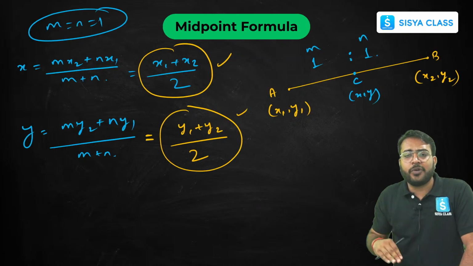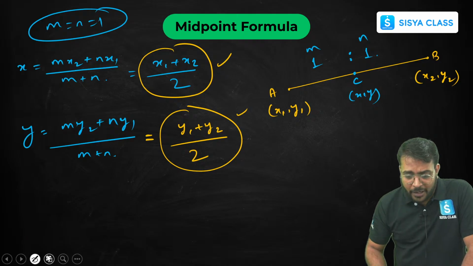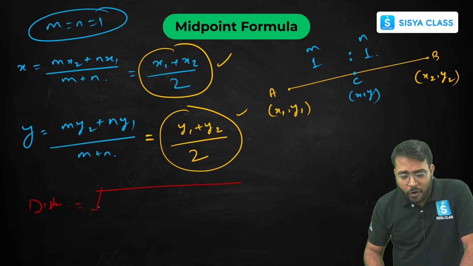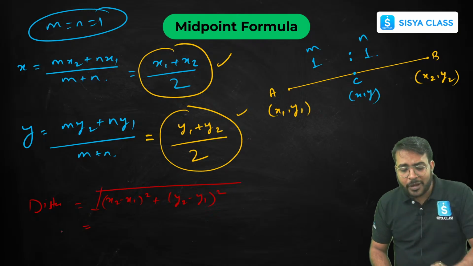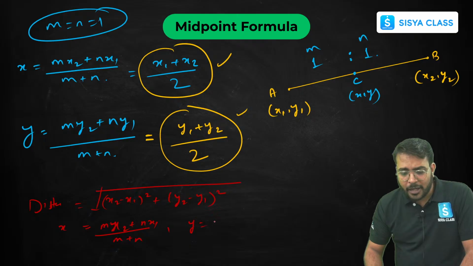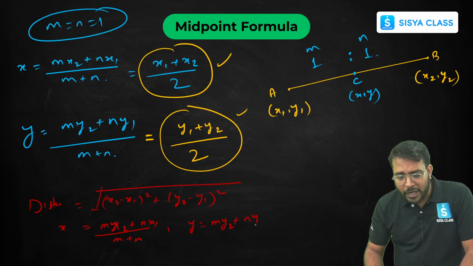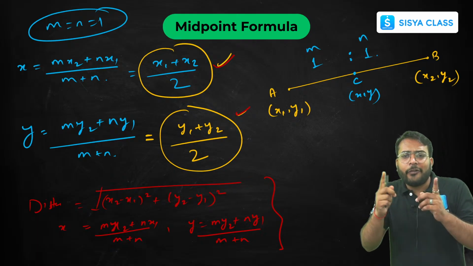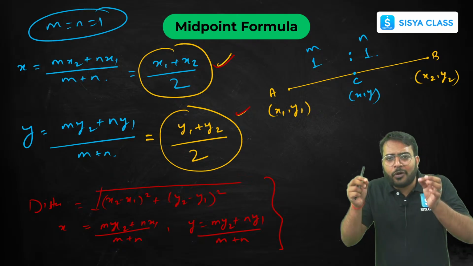इसके आगे कुछ नहीं है, इसके आगे बस डिफरेंट टाइप्स के आपको क्वेश्चन प्रैक्टिस करना है, ठीक है। पहला फॉर्मूला क्या हमने पढ़ा है बेटा, डिस्टेंस फॉर्मूला, ठीक है। डिस्टेंस निकालना होता है अंडर रूट ऑफ (x2 माइनस x1) होल स्क्वायर प्लस (y2 माइनस y1) होल स्क्वायर, ऑल राइट। सेक्शन फॉर्मूला में x कोऑर्डिनेट क्या होता है डियर, m इंटू x2 प्लस n इंटू x1 बाई m प्लस n, ऑल राइट, एंड y कोऑर्डिनेट कैसे निकलता है बेटा, m इंटू y2 प्लस n इंटू y1 बाई m प्लस n। अंडरस्टूड माई पॉइंट, ओके फाइन। एंड आपका थर्ड फॉर्मूला है बेटा मिड पॉइंट, ऑलराइट। मिड पॉइंट का x कोऑर्डिनेट क्या होगा, सम ऑफ x कोऑर्डिनेट बाई 2 एंड y कोऑर्डिनेट, सम ऑफ y कोऑर्डिनेट्स बाई 2, दैट्स इट, ओके।